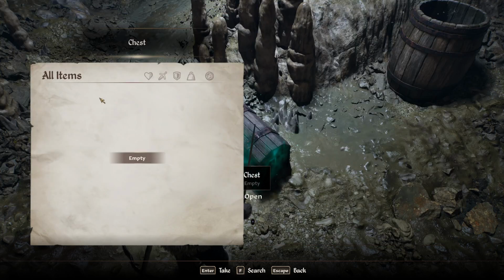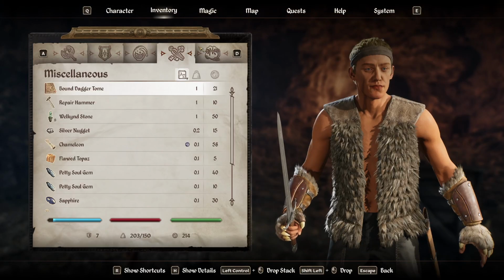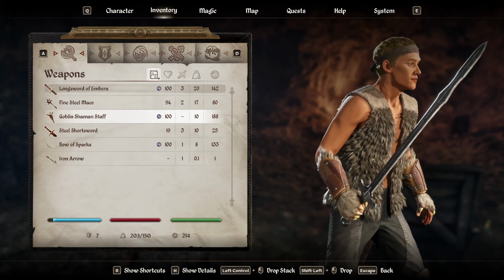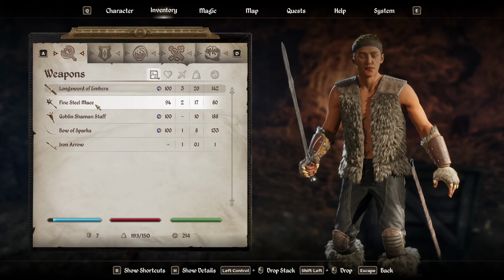Oh, I didn't mean to press that. But what do I do about... I'm gonna be over encumbered if I take all this. Yeah, there's no way I can take both of these. But I need this. This stays, which means I can drop my short sword. That's 10 pounds. I'm still 40 over. That's all, just 40. The fine steel mace, honestly, I might have to drop you, because...